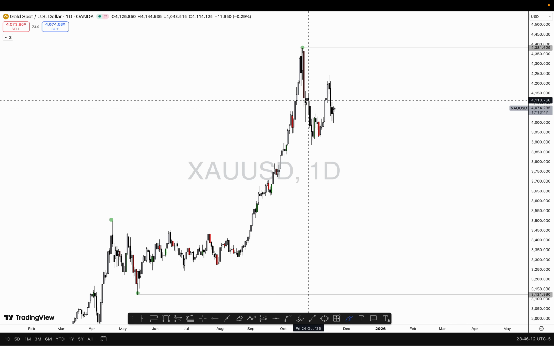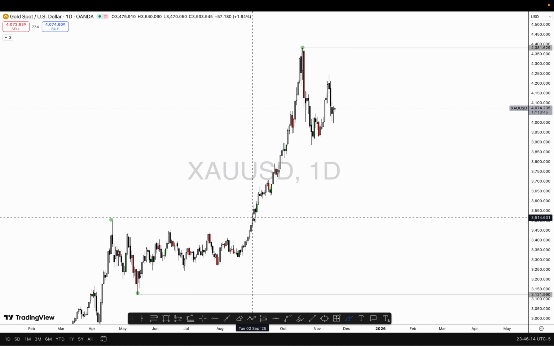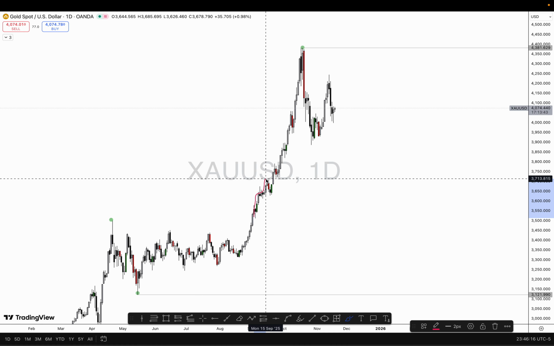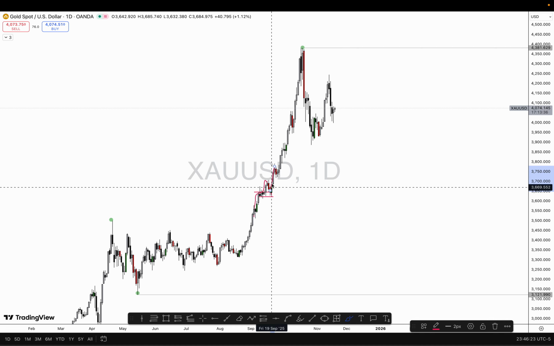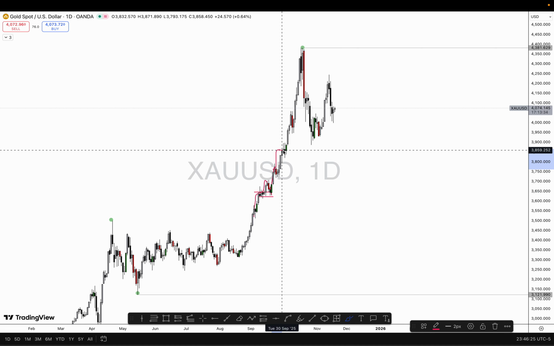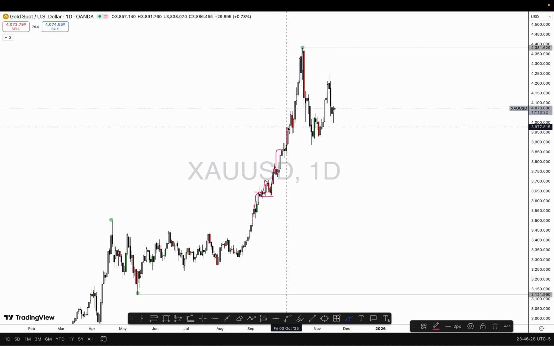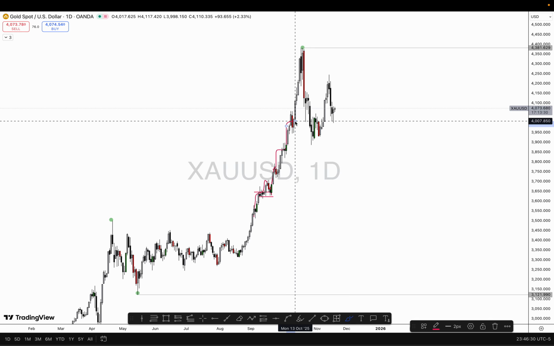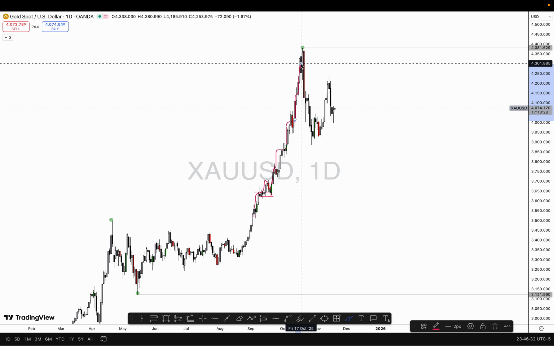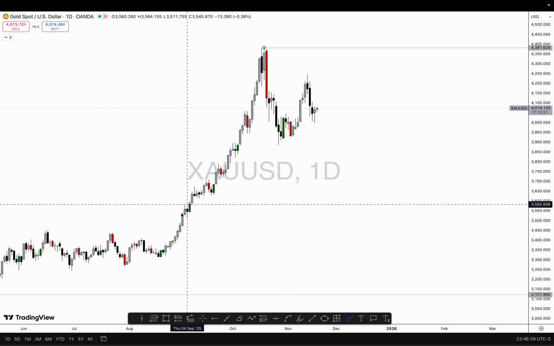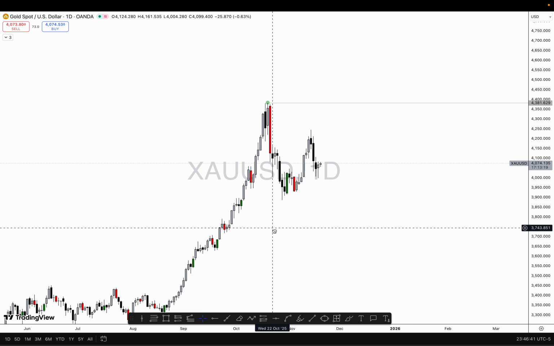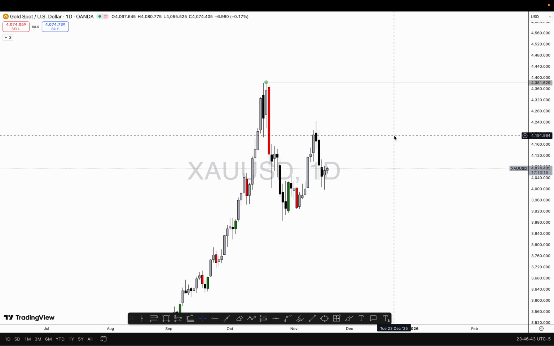In regards to supply and demand, we had rally, base, rally, pullback. Would have been an entry, impulse. Rally, base, rally, rally, base, rally, rally, base, rally, base, rally, right? So all of this would be daily demand zones.